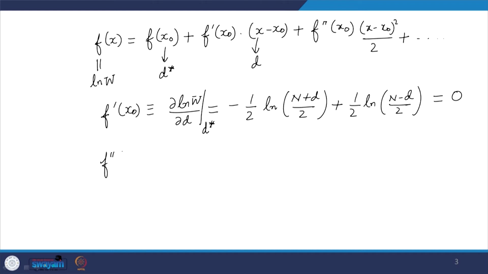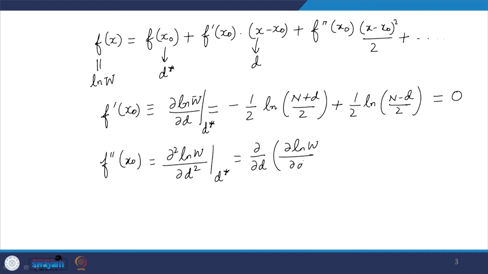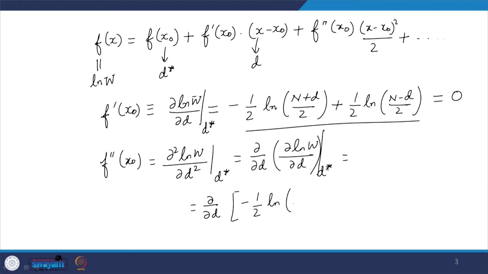So, the second derivative is going to be dou 2 ln w by dou d square at d star, which is dou by dou d of dou ln w by dou d, found at d star, which gives me dou by dou d of whatever we had here, and that is at d star, and this comes out to be